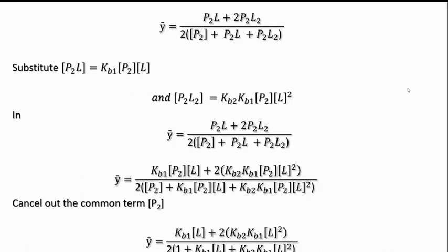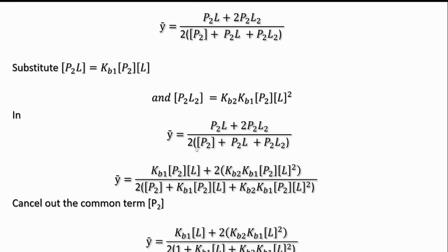Now, fractional saturation, which is bound protein over the total protein. Okay, so now anywhere we are seeing P2PL, we are going to substitute our KB1, PL2, and PL. And then anywhere we are seeing P2L, we are going to equally substitute this. Okay, so if y equals the